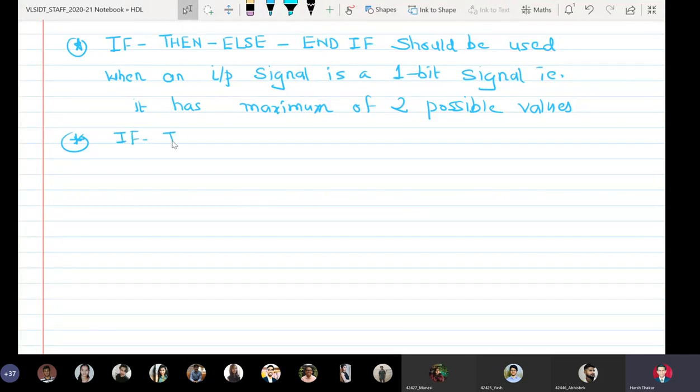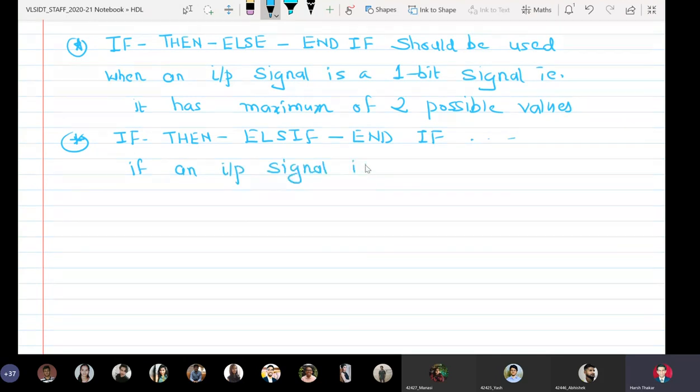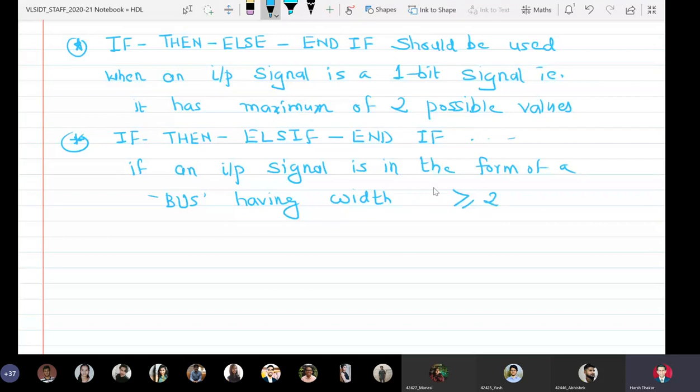And if, then, else if, and if, if an input signal is in the form of a bus having width greater than or equal to 2.